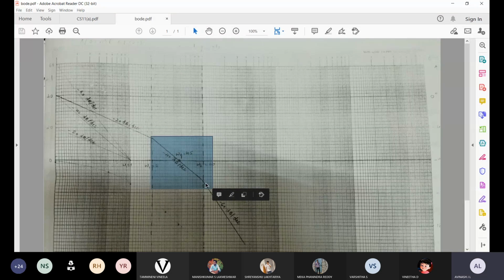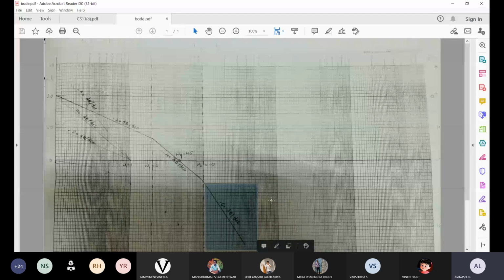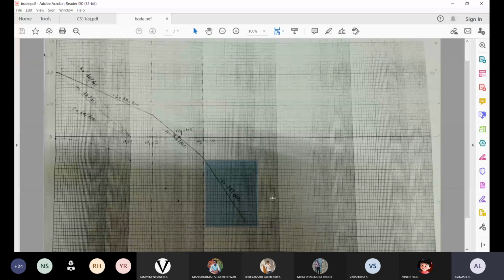From 10 to infinity, there is a slope by the factor of minus 60 dB per decade. This is the slope value. Is that clear to you? So this minus 60 dB is there, no? It will end at infinity. So we will take this one and end at this point. Any random point will stop it. Is that clear to you? So complete this portion, all of you.